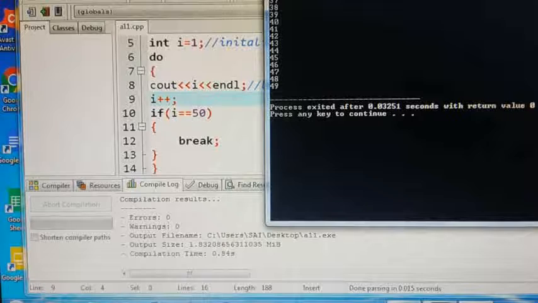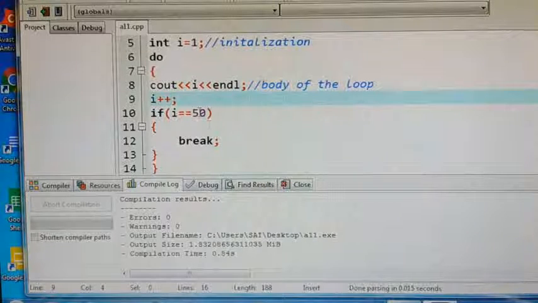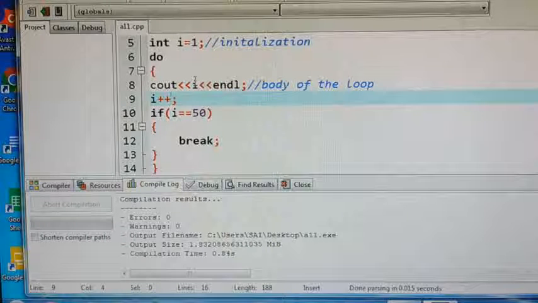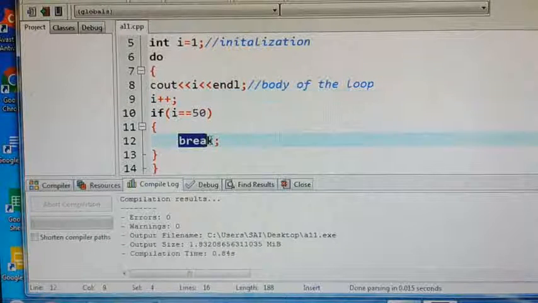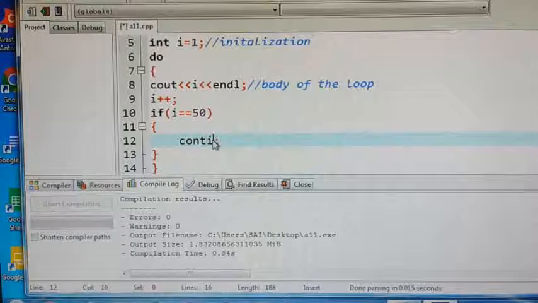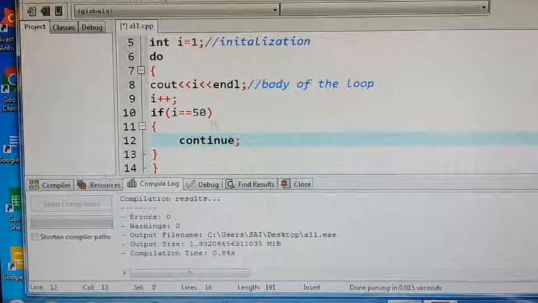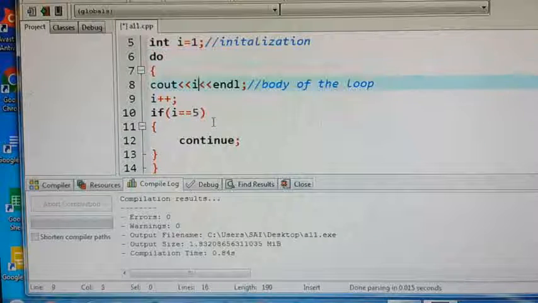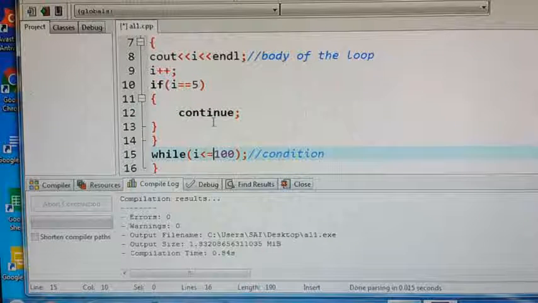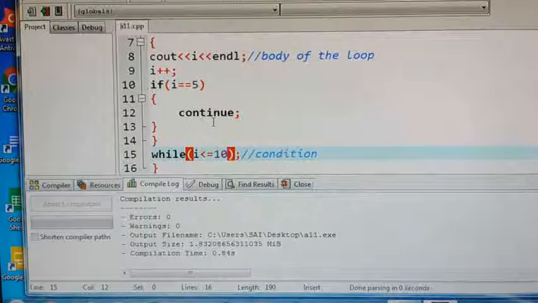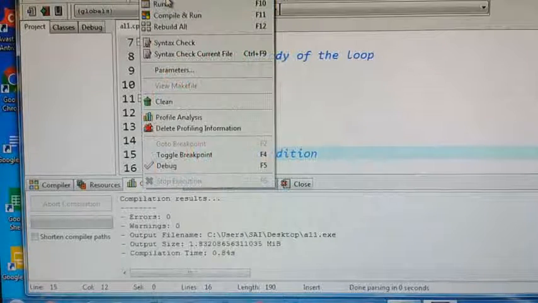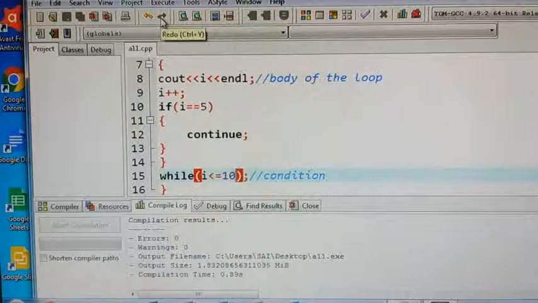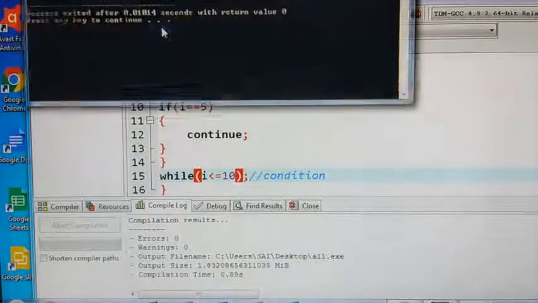Okay. Now, same, we will implement continue. So here in a break, what happened actually, once the condition is true, it won't check the remaining part. Here, instead of the break, I am giving a continue. You see the difference. So i equals 50 is too long, I am changing the values. i equals 1 and in the condition 10 only I am keeping. Save it. Execute. Compile. Error 0. Execute. Run.